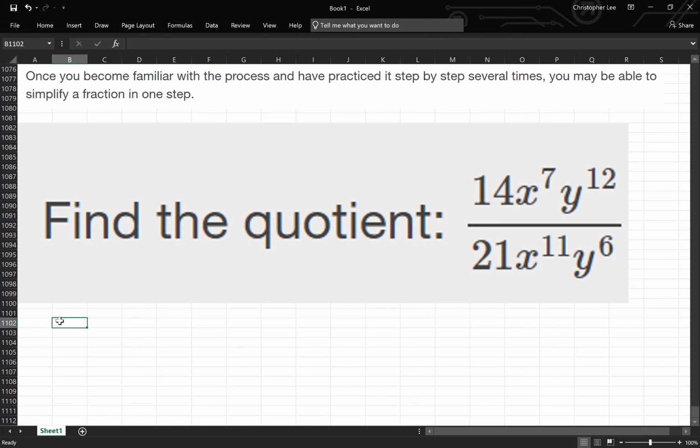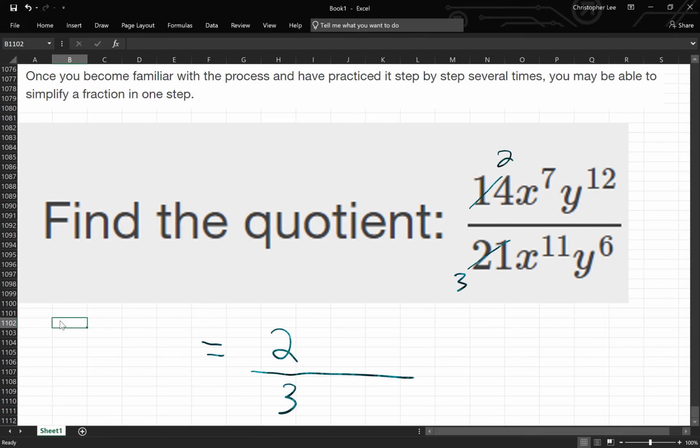So what they mean by one step is we just jump straight to the numbers, right? Like I know that 7 goes into 14 what, 2 times, and 7 goes into 21 3 times. So I know I'm gonna have a 2 over 3,